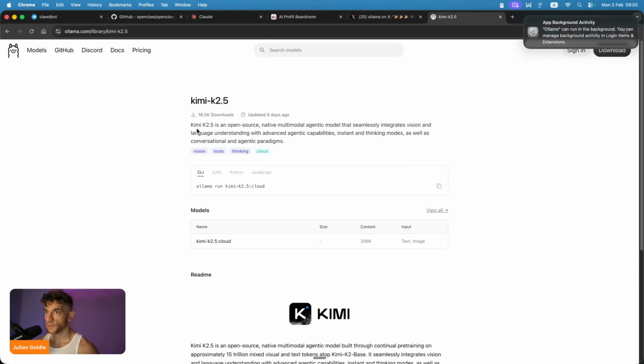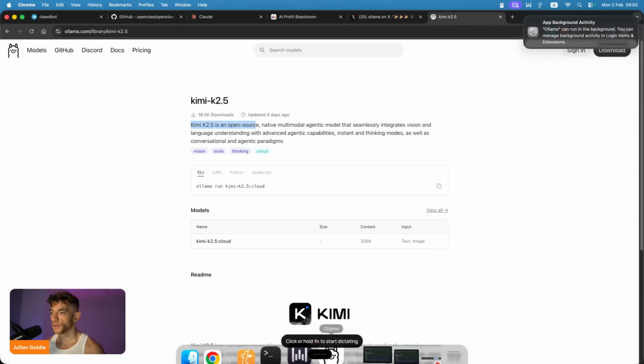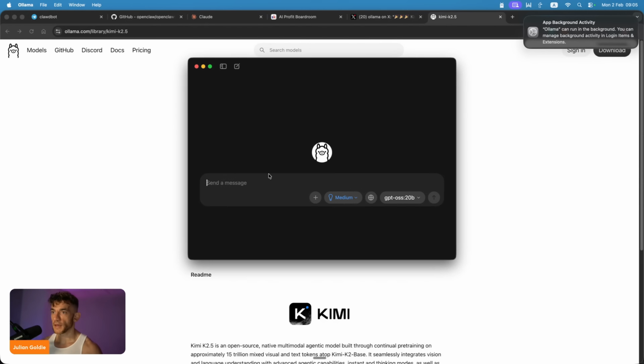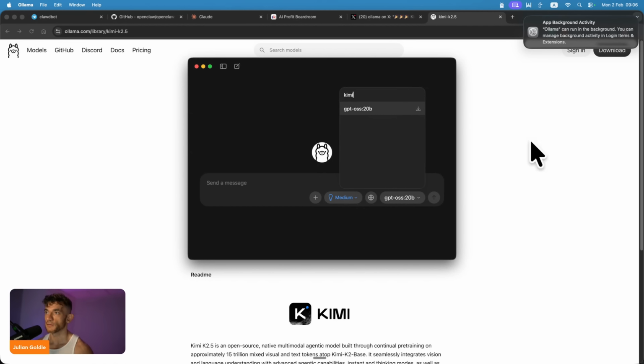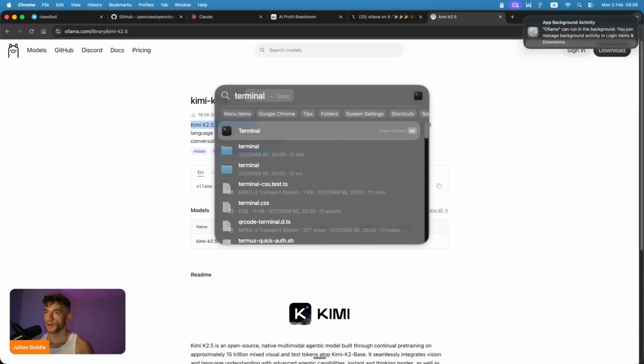Now, Kimi K2.5 is a Chinese model. It's open source. It's free to use, and you can run it with the cloud model right here, right? If you take this command, you go back to Ollama, you're going to paste this in, and you're going to find the model here, right? Now, you actually can't find it right there, which is kind of annoying. So what we're going to do is we're going to go to Terminal,